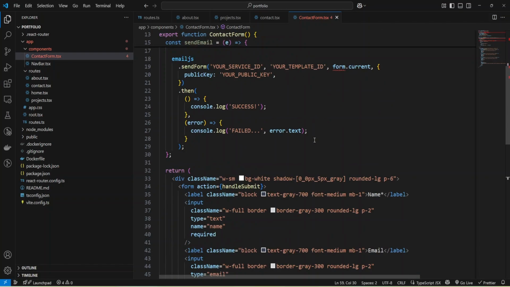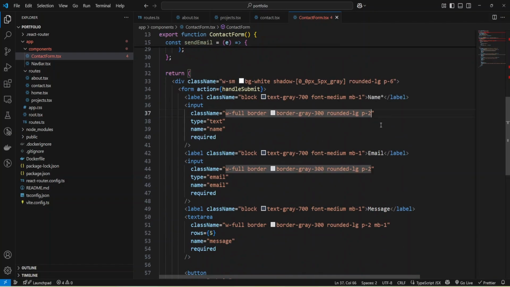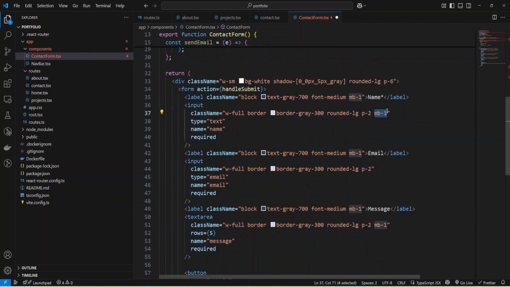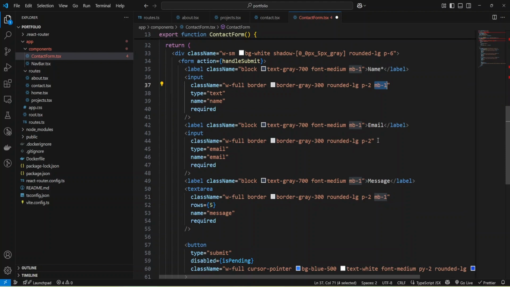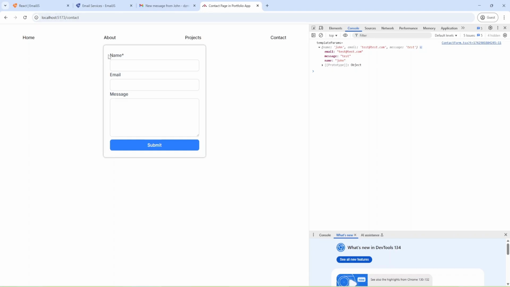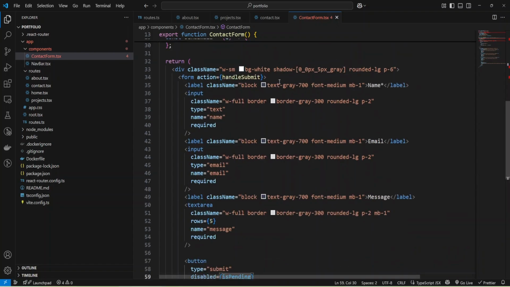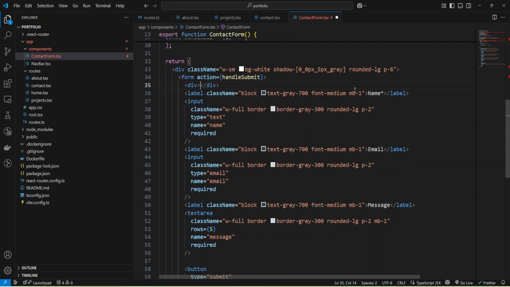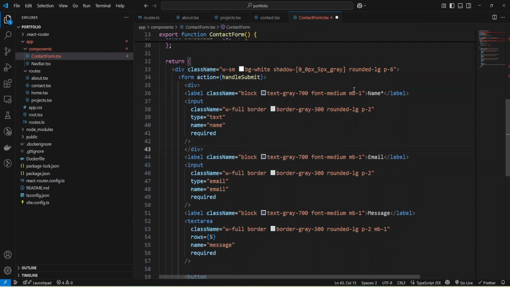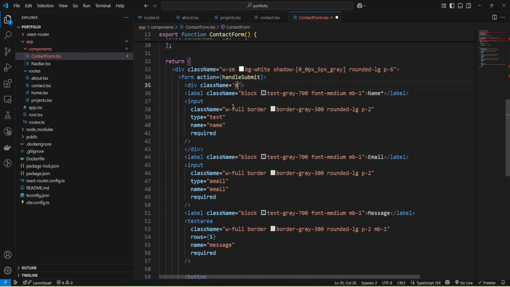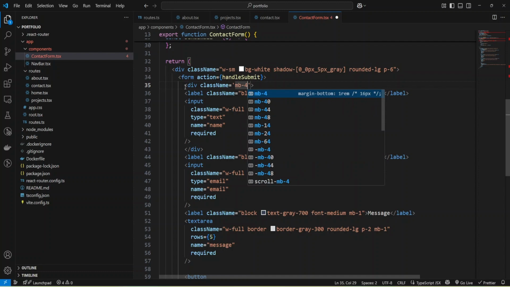Okay, and I'd like to add some margin bottom one to my form for my inputs as well. Okay, and I'd like to add some margins between my fields, and I'll use divs and close it here, and we'll provide class name margin bottom 4.